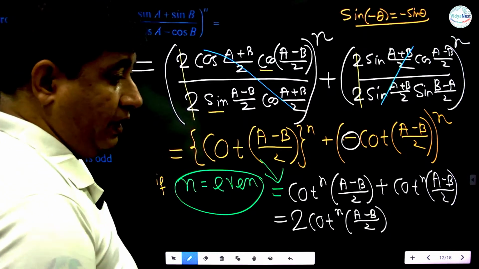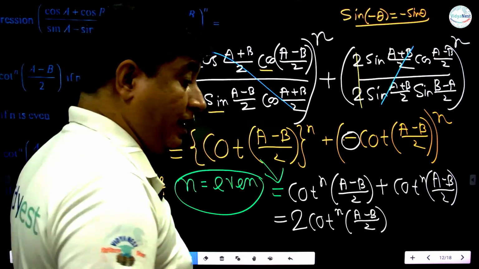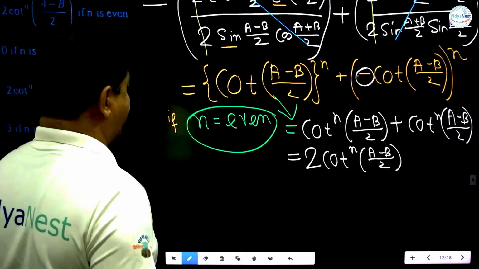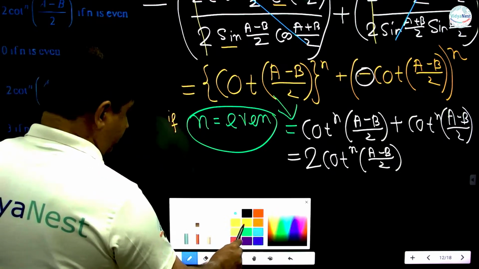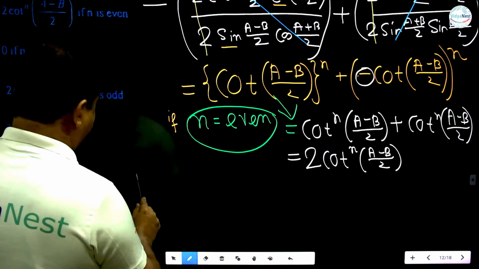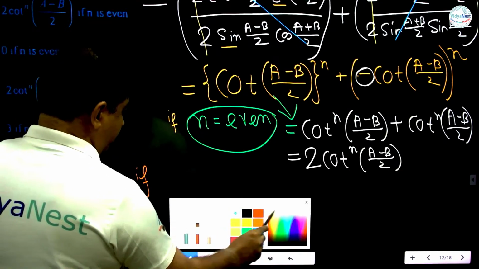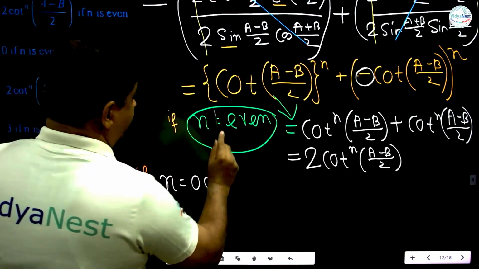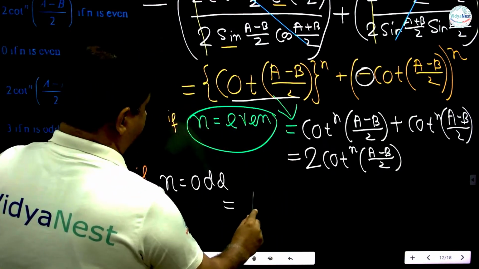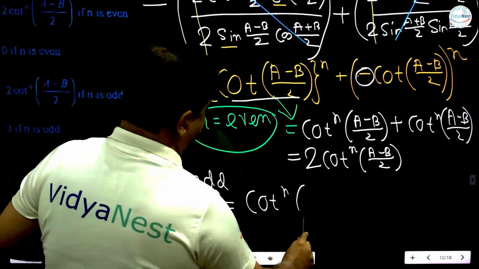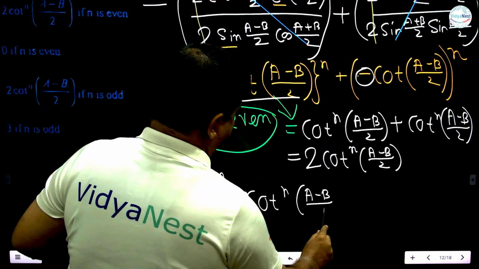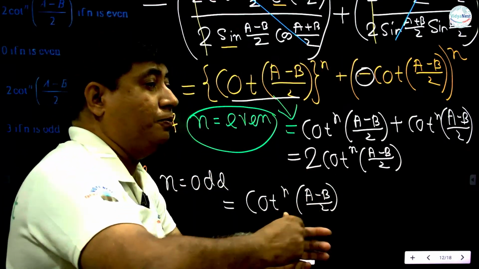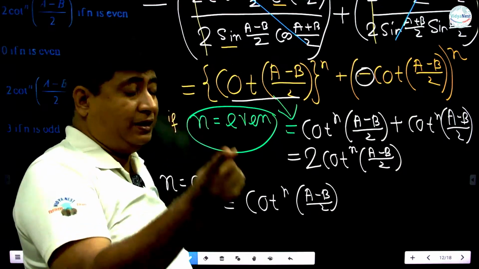Yes, sir, got it. Very good. Now अगर Yes, odd, sir. हाँ ठीक है ना, now अगर ये odd हो जाए, if n is odd, तब दिस पार्ट तो ऐसे ही रहेगा,